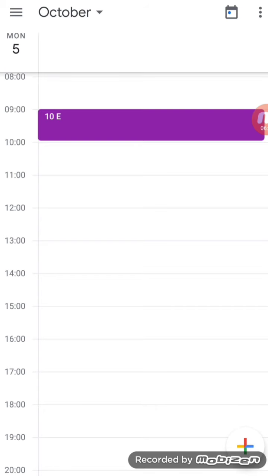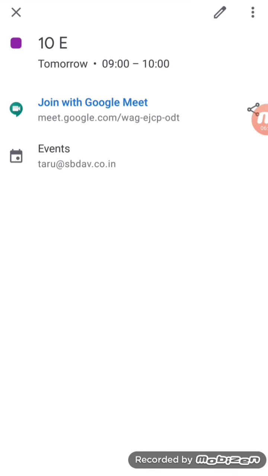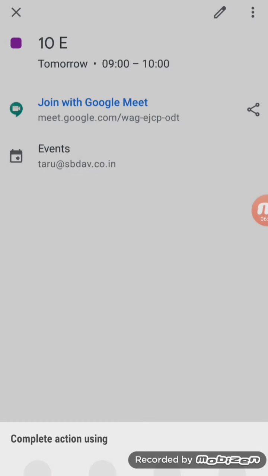So I'll again press upon 10th E, and now it is showing me join with Google Meet, and I can now share it with this sign over there for sharing. When I press upon this sign, there will be a share option, and I can share it through any mode I want.